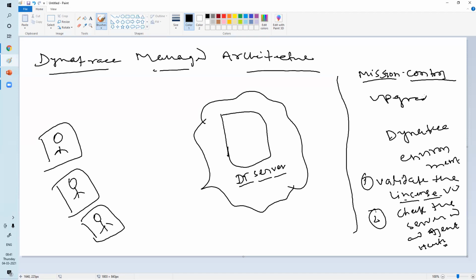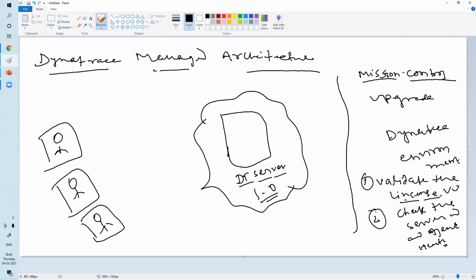Yeah, upgrade. So the DT server, you are using some version, right? Any app, any agents you are using, there will be some version. So you are using 1.0 now. Definitely there could be some bug, 5 bugs, 10 bugs. It could be a bug somewhere. Again, the developer needs to resolve the bug and release a new patch, right?